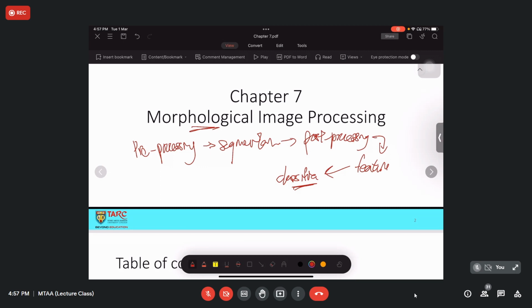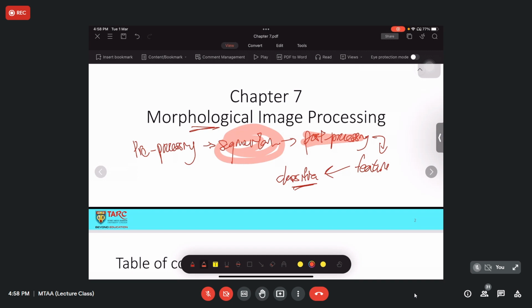So morphological operations, most of the time, we implement in post-processing. And of course, as I mentioned just now, they can be implemented as part of the core processing. Usually we have a core processing here, but most of the time we are using techniques such as segmentation, clustering, this and that, as part of the core processing.